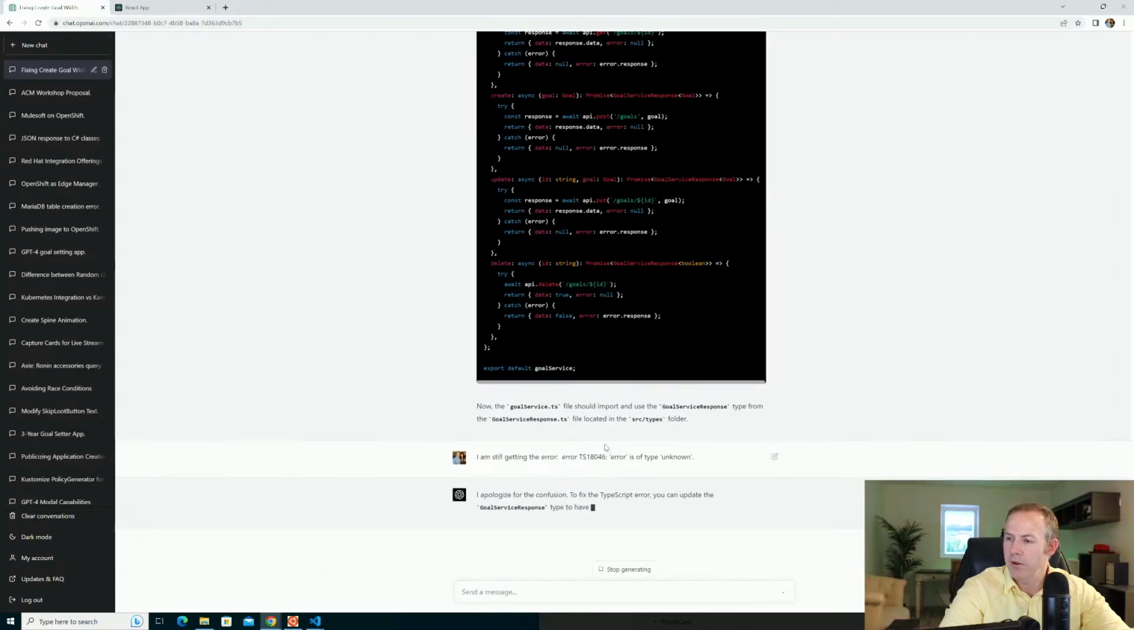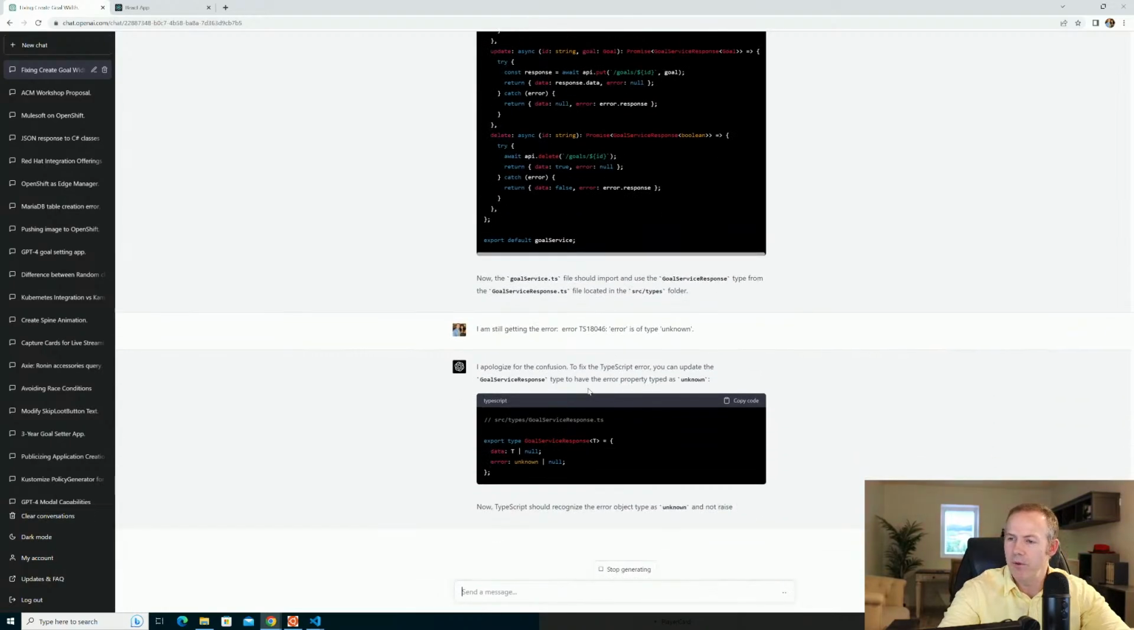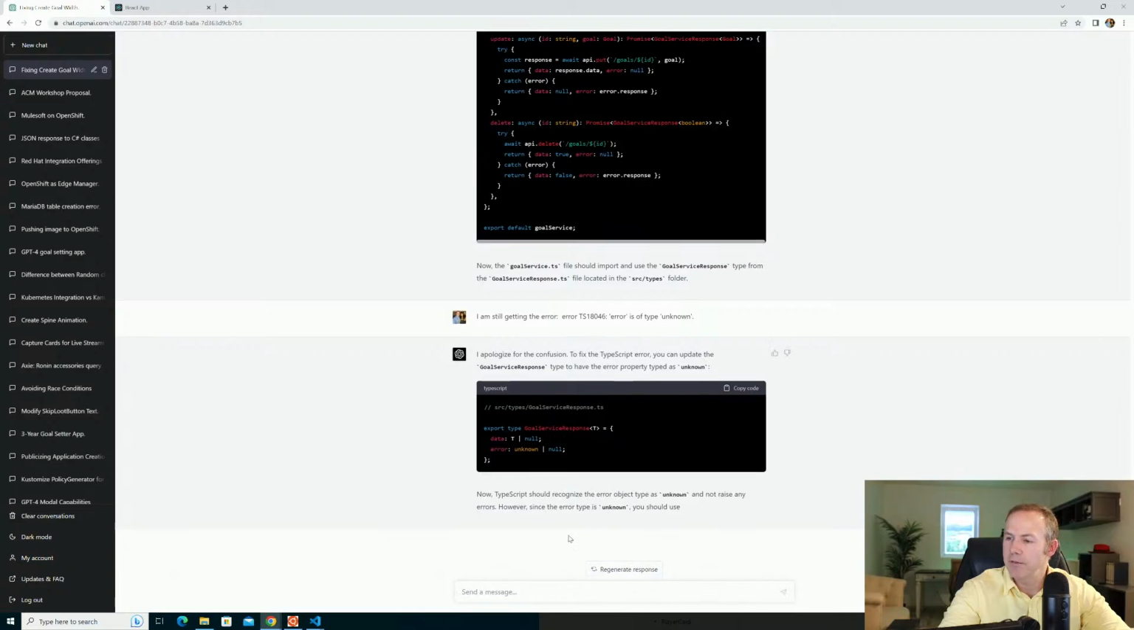To fix the TypeScript error, you can update the goal service response type to have the error property type. Error is of type unknown. No, that's not. No. Stop generating. No. The goal service does not know what type error is